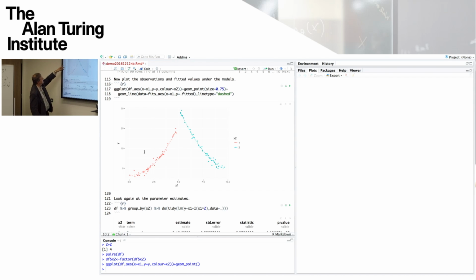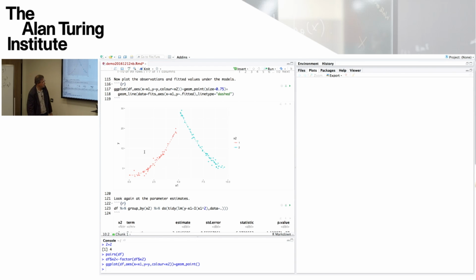and this line is going to have x1 as the horizontal aesthetic for the dashed line, and the y aesthetic, the vertical axis, is going to be the fitted values. So the fitted values were fitted under that quadratic model, and so we'll get a red dashed line corresponding to x2 is 1, and another blue line corresponding to where x2 is 2. So these are the two separate quadratic models that were fitted, and the lines are constructed via the fitted values.